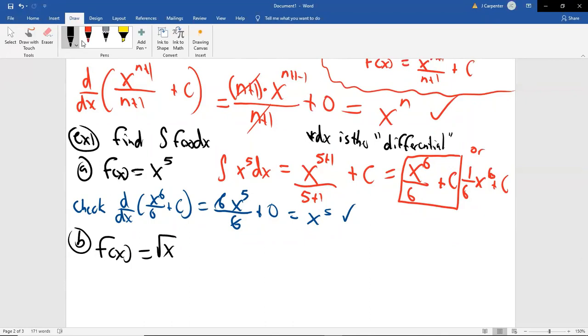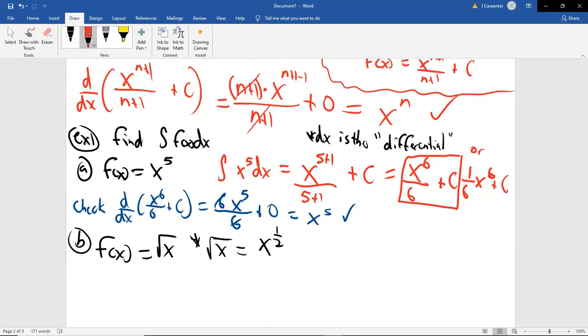Now remember back in the derivative sections when we dealt with square roots? What did we have to do? We never had a square root rule or a cube root rule. We had the power rule. We had to switch this to its other notation. So you need to remember that the square root of x is equal to x to the 1/2. The index becomes the denominator, the numerator is the power originally.